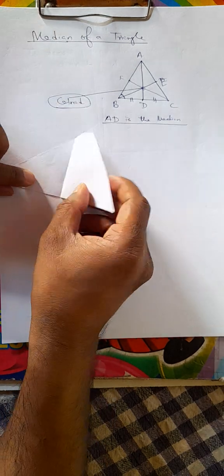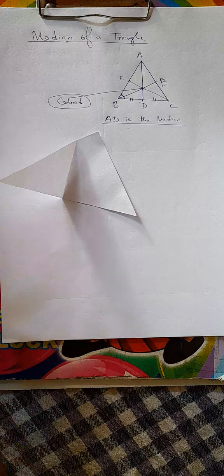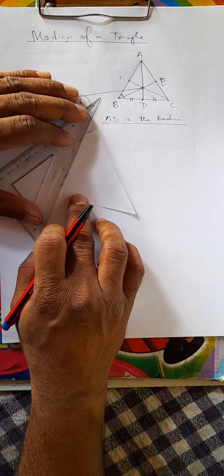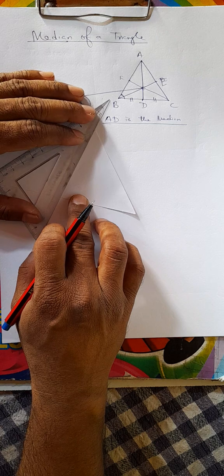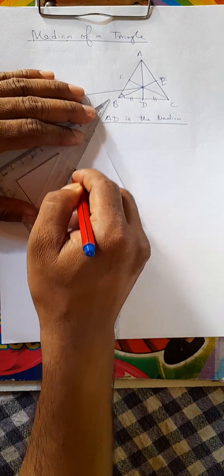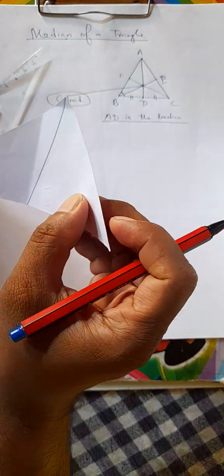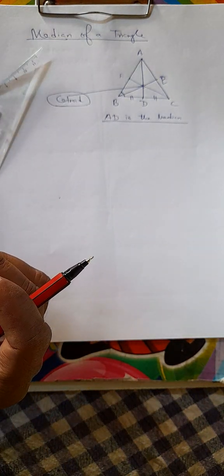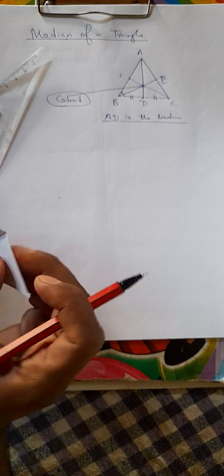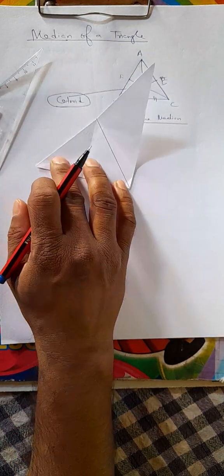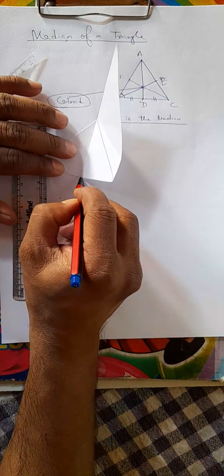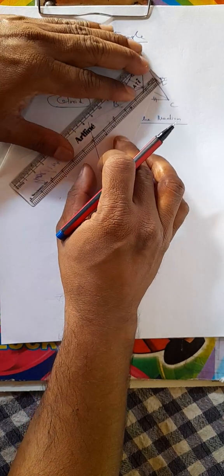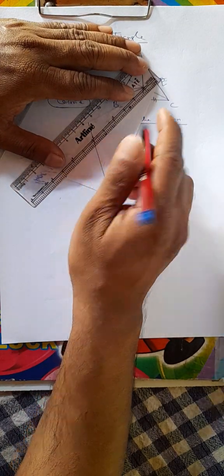This is the center of this lower side. Let us join it to the opposite vertex, right? Similarly, let us find the middle point of this side. So this is the midpoint of this side. Now let us join the opposite vertex. So this is the line,